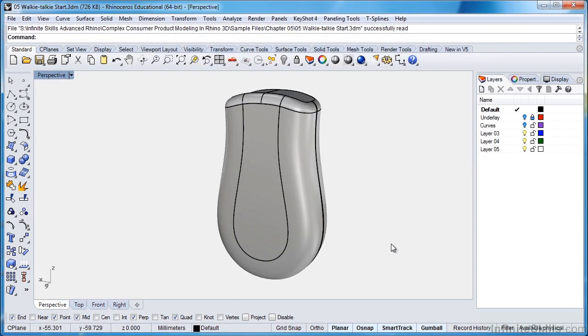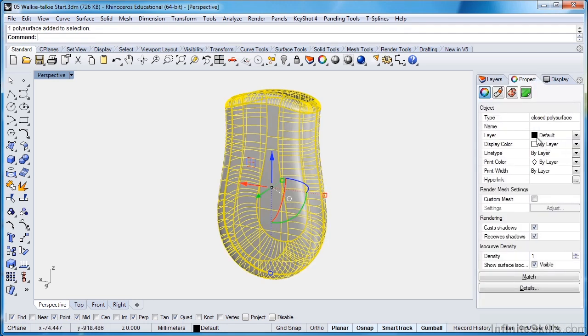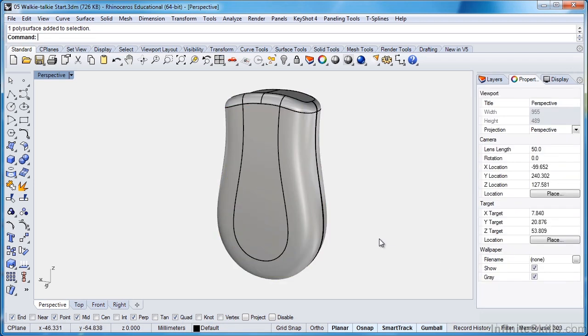So the first thing we'll build will be our antenna. And we're going to look at a couple different ways that we build that. But before we go ahead and get started, just a little housekeeping. So at the moment we have our main walkie-talkie body, and we just want to move that off to its own layer, because if I select it and we go to properties, you'll notice that it's still on the default layer. So let me just go down here, I'll switch off isocurve surfaces, and that way it's nice and clean